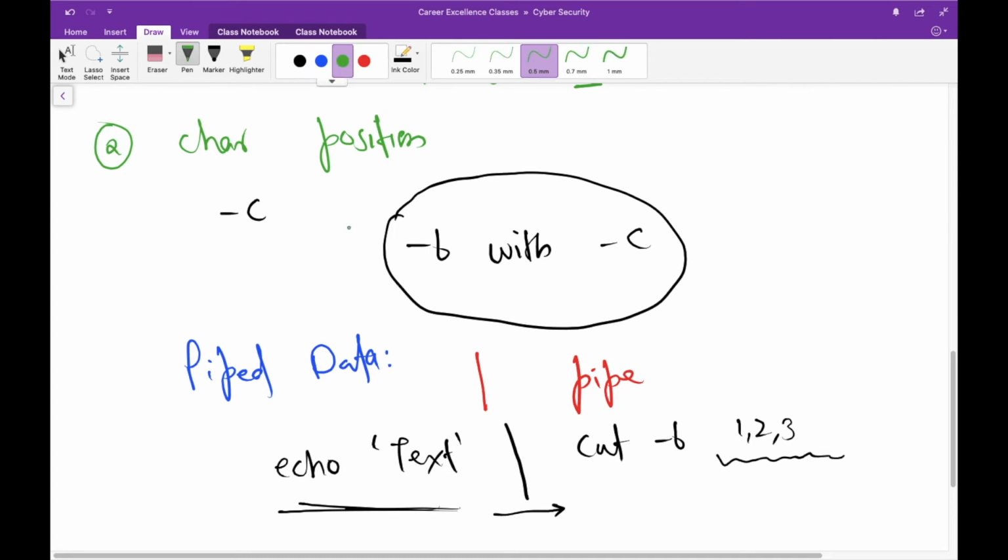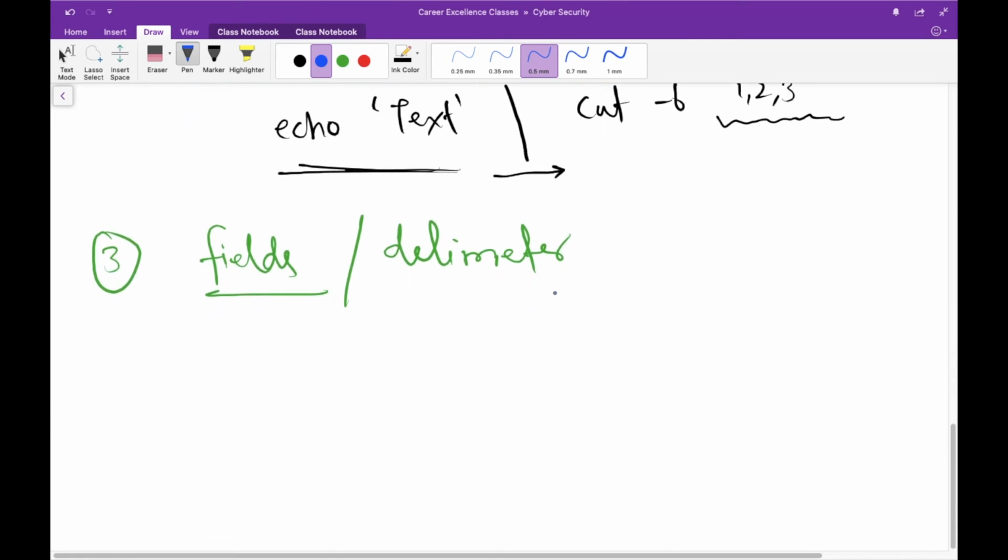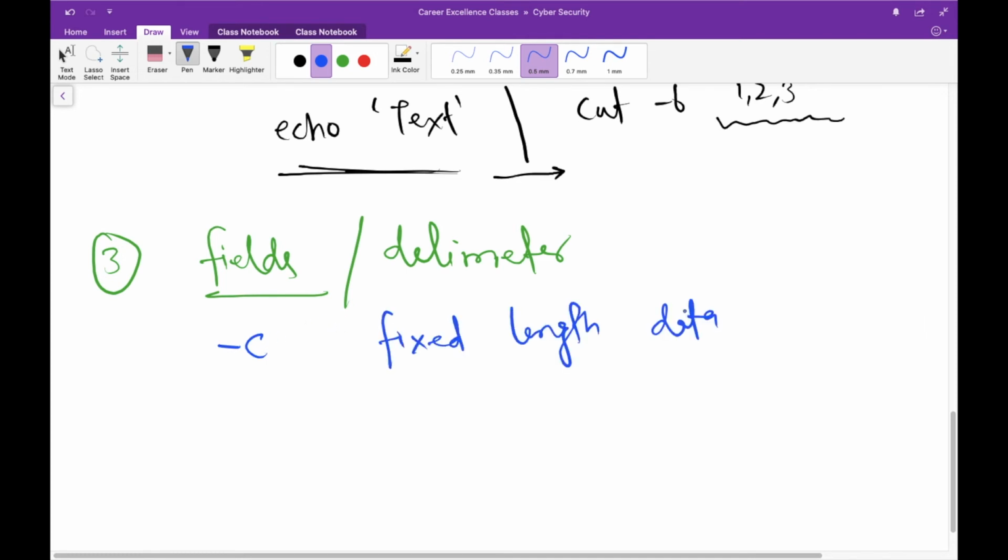Now coming to the third part, where we are extracting data on the basis of fields and delimiters. So why do we need to use this fields or delimiter part? Because when we are using -c, it is used for fixed length data, or we can say fixed length lines in the file.